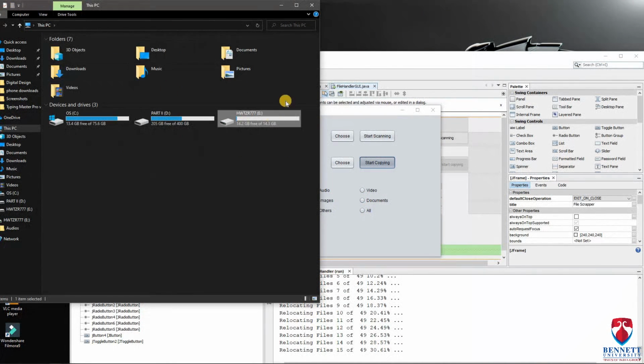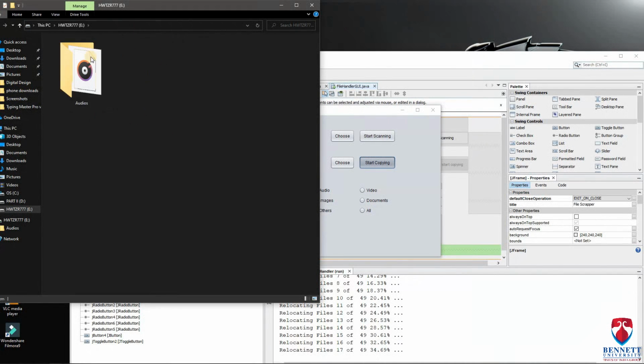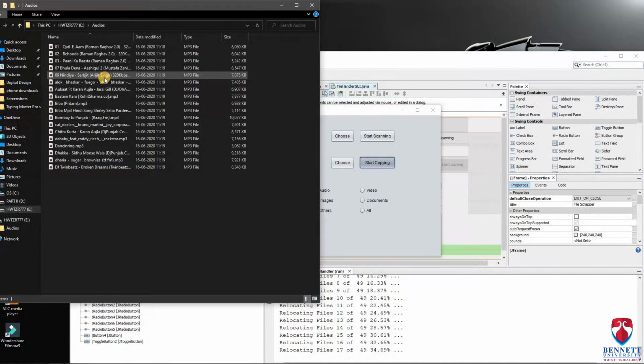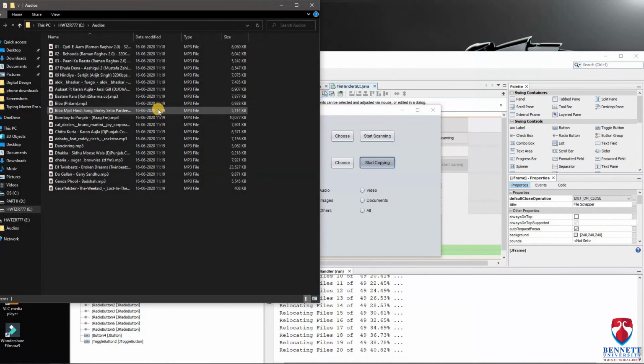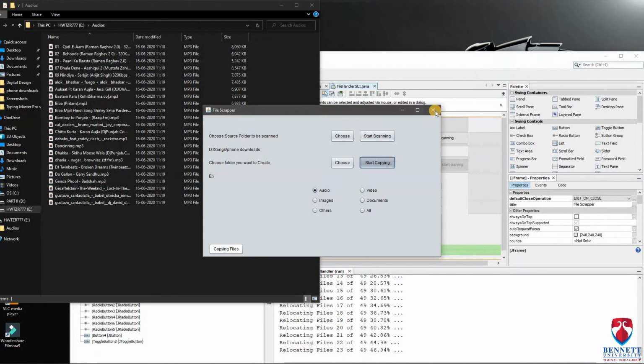This is my external. I will show you. Okay, this is the external. It has by itself created an audios folder. Okay, it will work for random files in a random folder also. If the files are scattered randomly, all the images, video, it will work for that also. For the sake of testing, I'll show it for the random files. We'll move the random files.